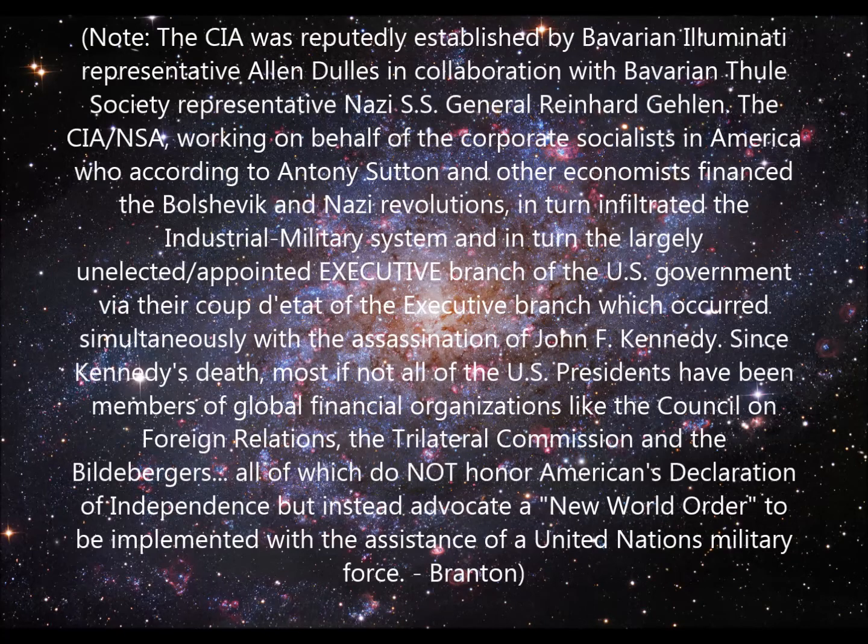with it. Note, the CIA was reputedly established by Bavarian Illuminati representative Alan Dulles in collaboration with Bavarian Thule Society representative Nazi SS General Reinhard Gehlen. The CIA/NSA, working on behalf of the corporate socialists in America who, according to Anthony Sutton and other economists, financed the Bolshevik and Nazi revolutions, in turn infiltrated the industrial military system, and in turn the largely unelected/appointed executive branch of the United States government via their coup d'etat of the executive branch, which occurred simultaneously with the assassination of